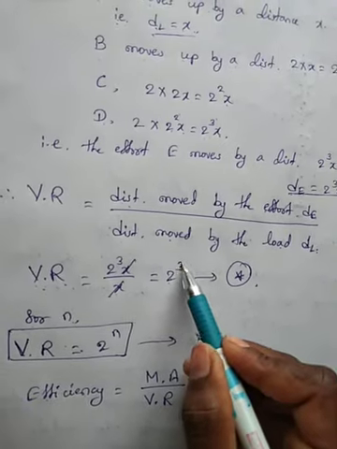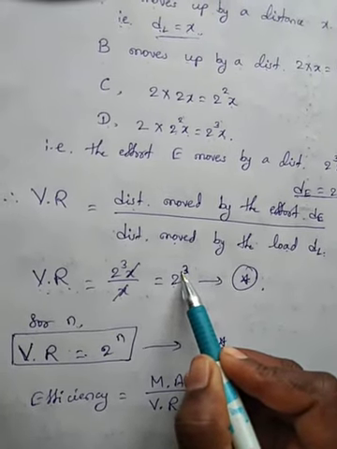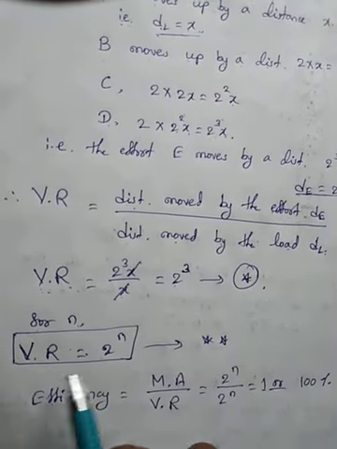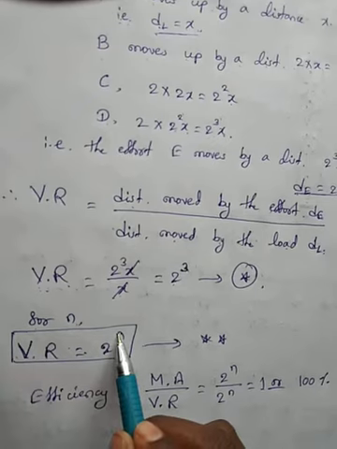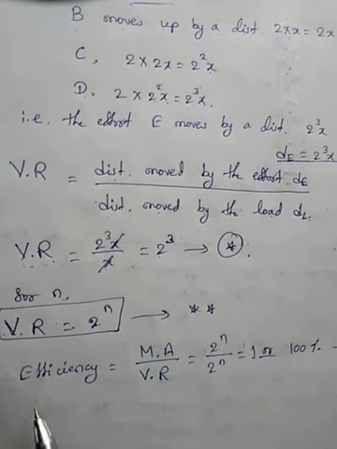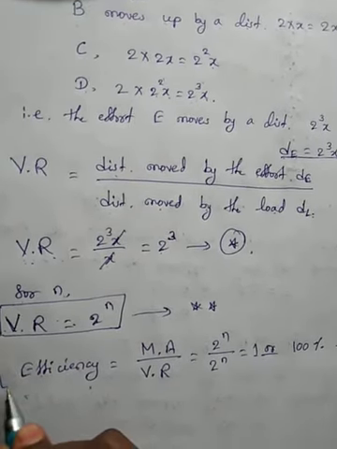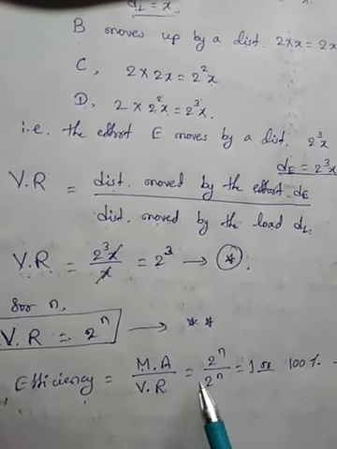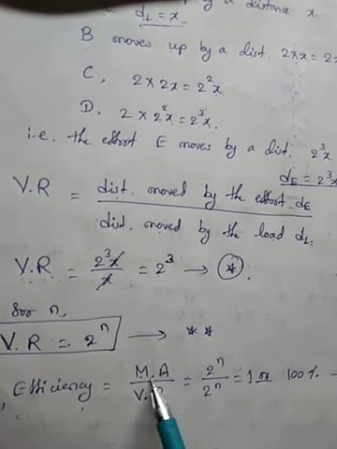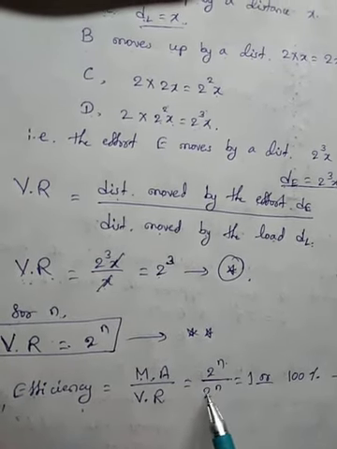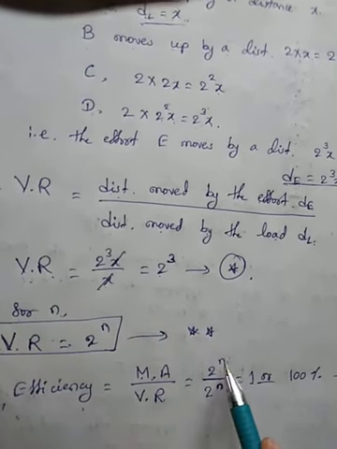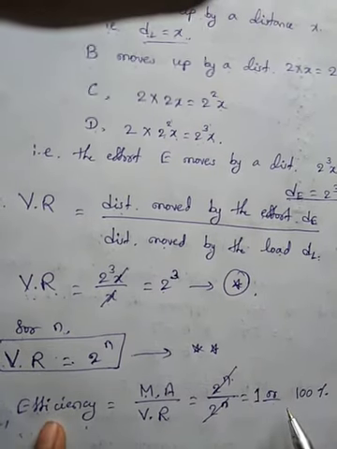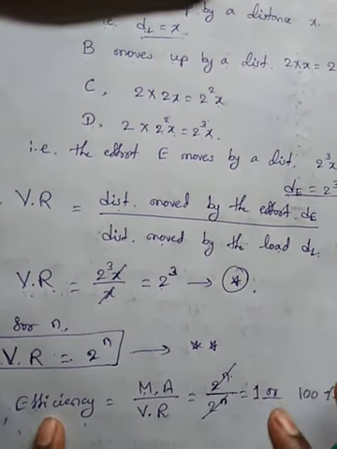In this case how much did we use? The movable pulleys are 3. So that's why we got the velocity ratio 2 raised to 3. If we use n number of movable pulleys, then our velocity ratio is equal to 2 raised to n. Next, efficiency. Efficiency eta is equal to mechanical advantage divided by velocity ratio. For n number of movable pulleys, the mechanical advantage is 2 raised to n and the velocity ratio is 2 raised to n. They will get cancelled. Similar terms, 1. If the efficiency is 1, that is 100%.